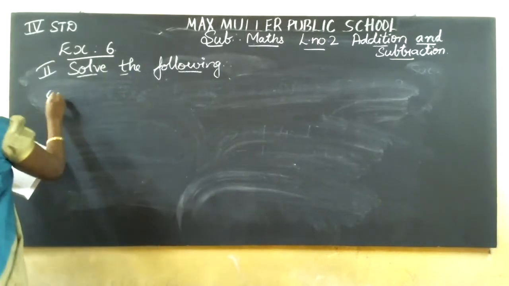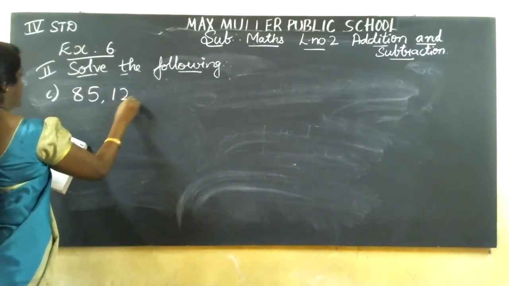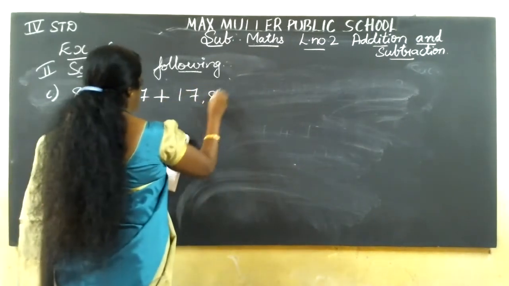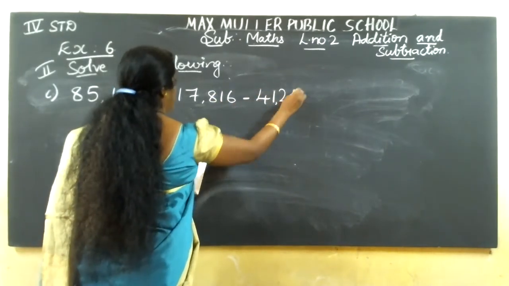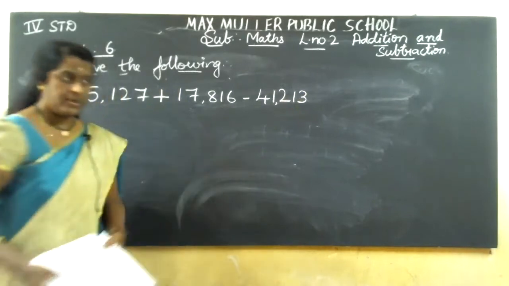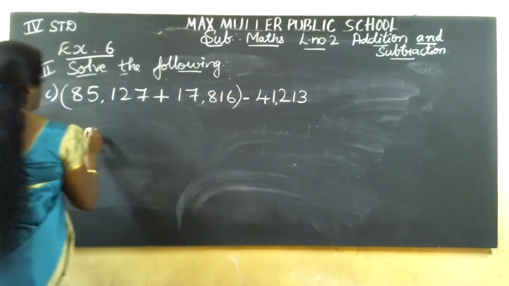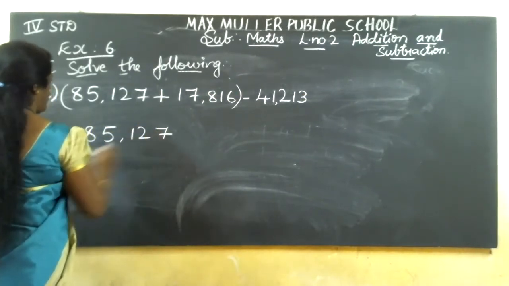Third one, C: 85,127 plus 17,816 minus 41,213. Yes, how much answer will you get? So add this 85,127 plus